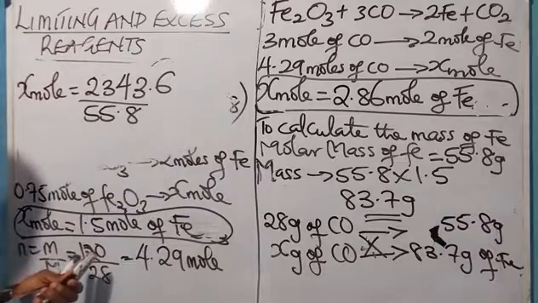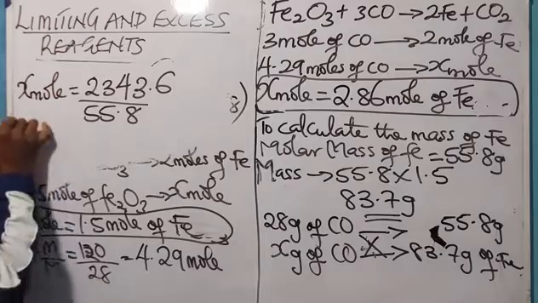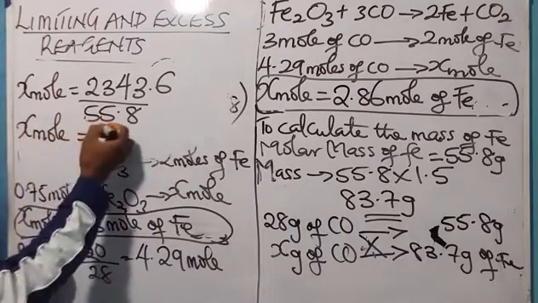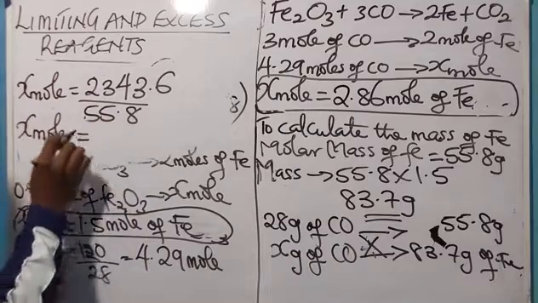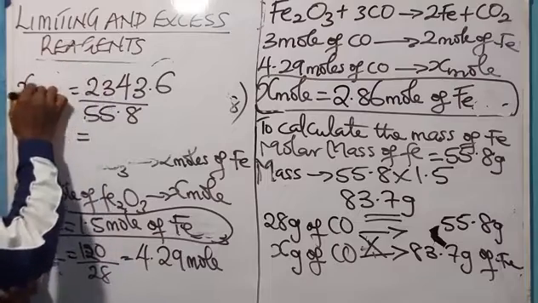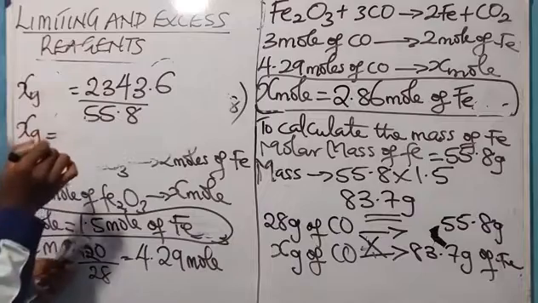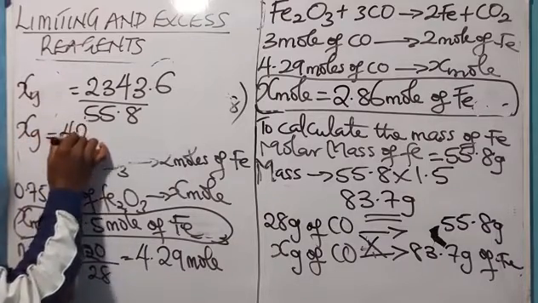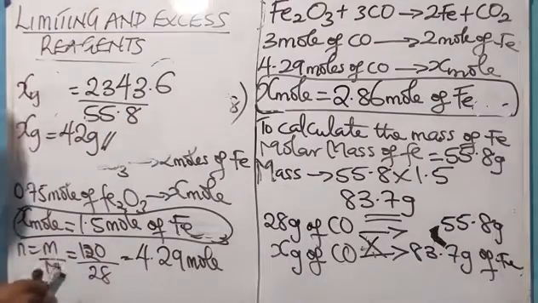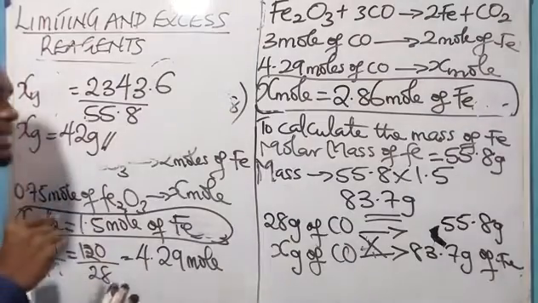55.8 divided by 55.8 equals, I have it to be x equals what? Yes, okay, x gram, sorry. X gram, not x small now. S gram. S gram becomes 42 gram. Now, for you to know the one that is left over, the leftover one is simply